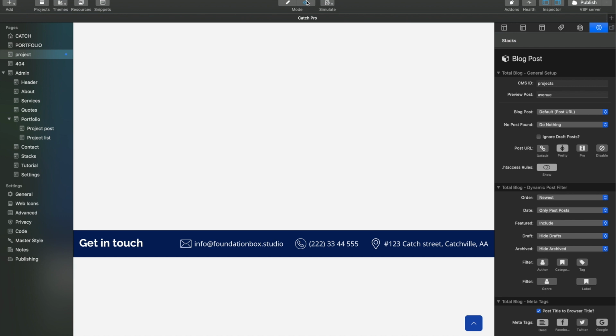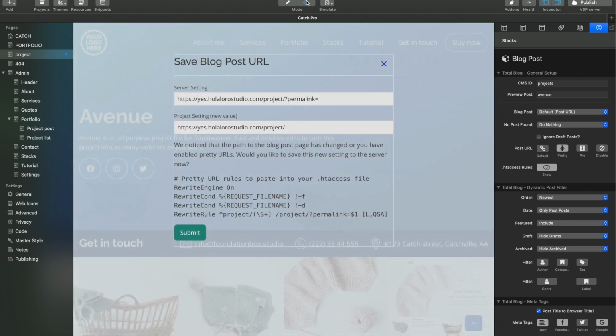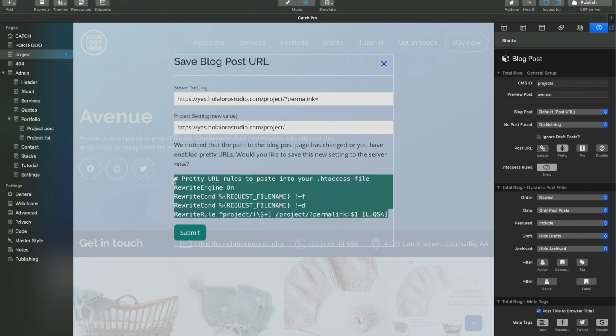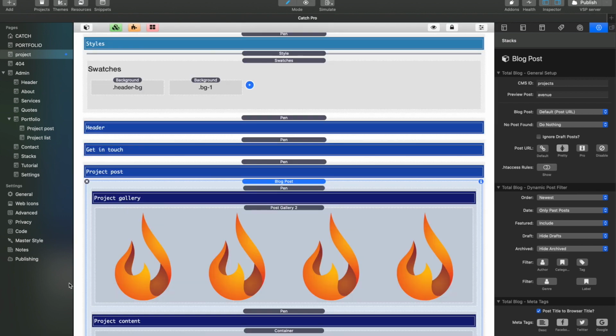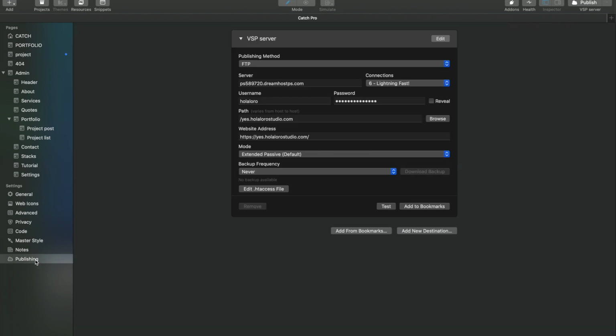What Total CMS is going to show me is exactly the same lightbox as before, saying, hey, this is your previous website, your previous blog post link. Do you want to change it to this one? And here, as you can see, there's also the htaccess rule that I can just go ahead and copy. Of course, I'll submit it. Let me take this off for the next time I preview it. Once I copied that code,